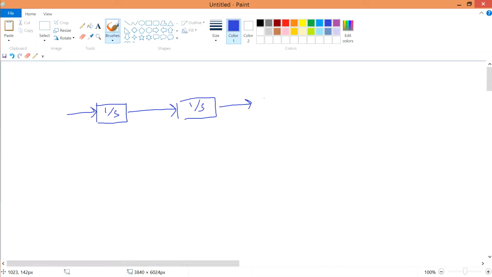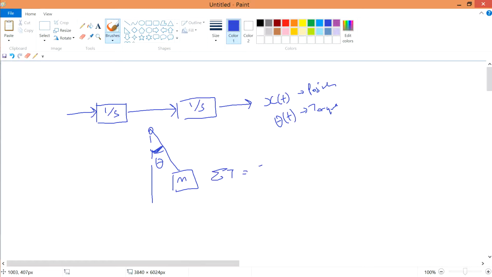So, for example, I have a system like this. I will call this the position. Or in other words, this can also be the angle if you're talking about torque. If a mass in the real world is moving in a certain rotation, we're talking about torque. Summation of torque is equal to I theta double dot, which is the angular acceleration, sorry. If the mass is moving in straight paths in these directions, we're talking about forces,